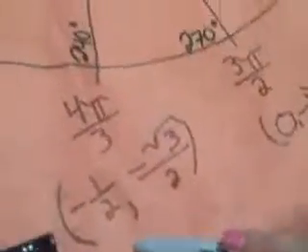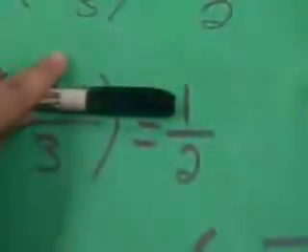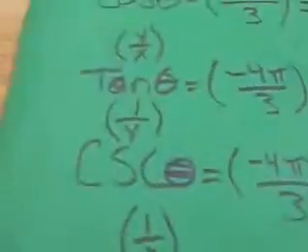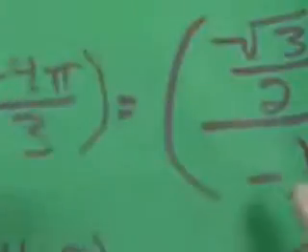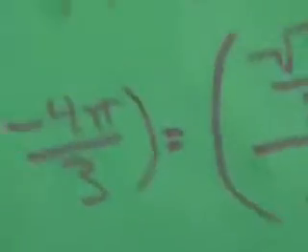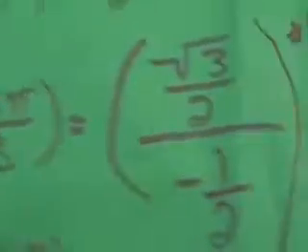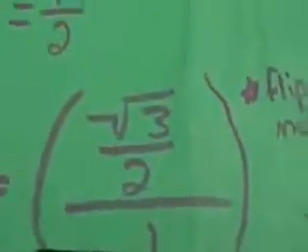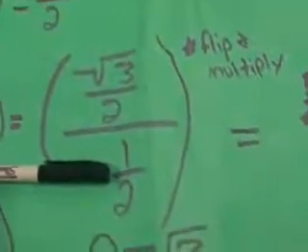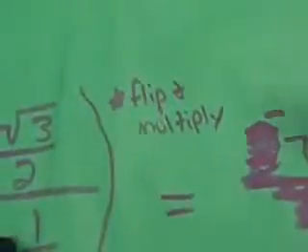Now remember that cosine is x. So we're going to refer back to the unit circle, and it's going to be negative 1/2, which is going to be 1/2. Now for tangent, it's going to be y over x, and it's going to be negative 4 pi over 3. In order to find it, we're going to need the square root of 3 over 2 divided by 1/2. And remember, you have to flip and multiply to get your tangent, which is going to be negative square root